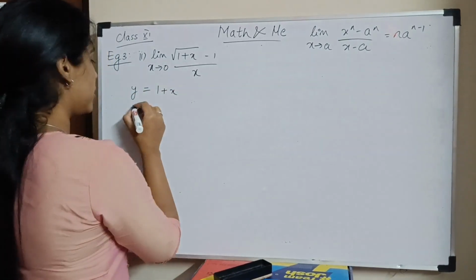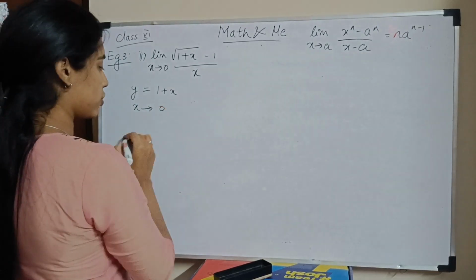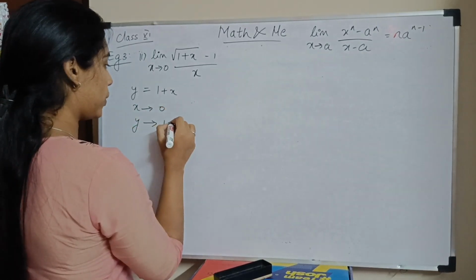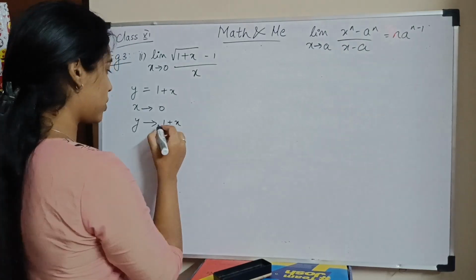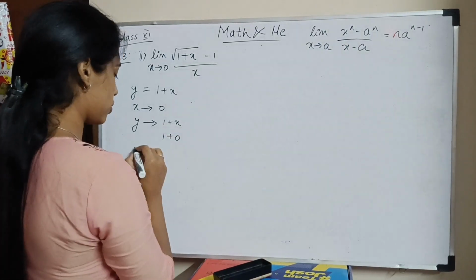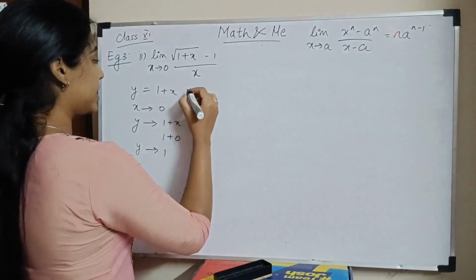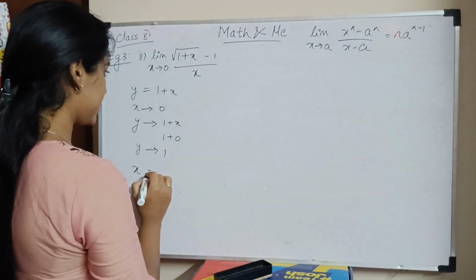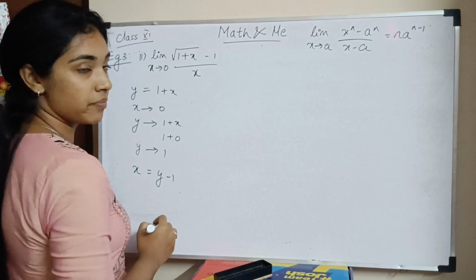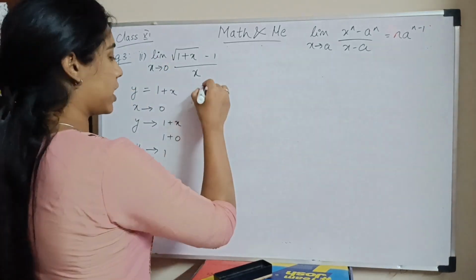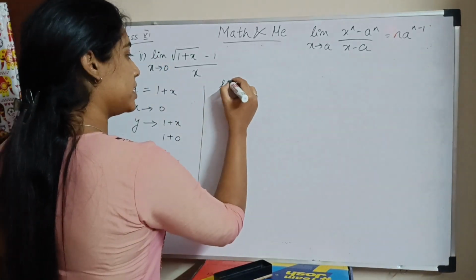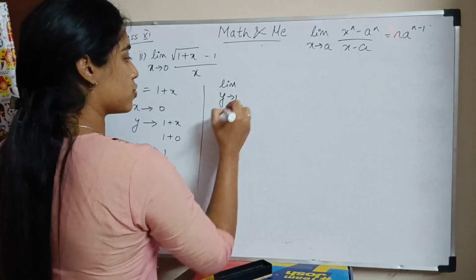So what will happen when x tends to 0? What will y tend to? Y will tend to 1 plus x. What is 1 plus x? 1 plus 0. So y will tend to 1. Appo இந்த இடத்துல என்ன ஆகும்? What will x become? X becomes y minus 1. So இதை நம்ம இங்க substitute பண்ணலாம். என்ன ஆகுதுன்னு பார்ப்போம். So limit y tends to 1,